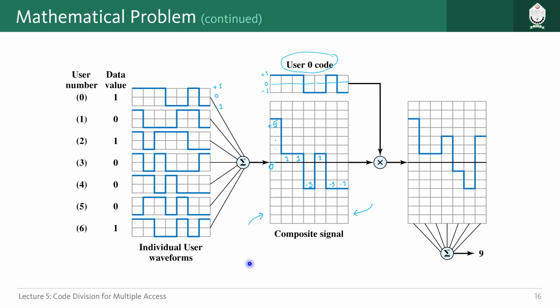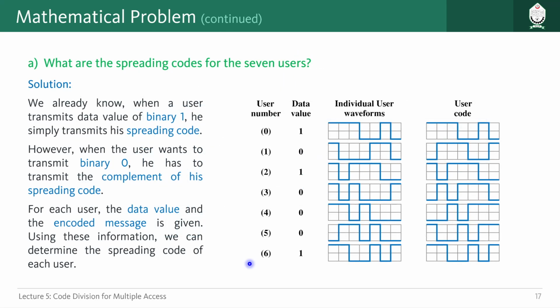We have to do the same thing for user 1, user 2 for this example problem. So let us try to do that. So the first question is, what are the spreading codes for the 7 users, right? Because spreading codes are not actually given here. We are just looking at the encoded waveform we want to transmit for this data values. Okay, so let's say, for example, for this data value of 0, we are trying to transmit this waveform, but the spreading sequence is not exactly this waveform for user 1, because we already know from our previous understanding in the previous slides,